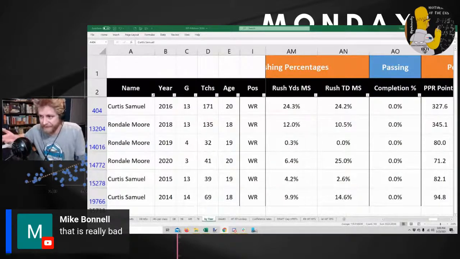It's basically a product of the volume you get, kind of, and your role, whether you're a slot or whether you're playing more deep targets. It's not ADOT, it's not yards per route run, it's not yards per team pass attempt. When tested against everything else, yards per reception actually corresponds to jack shit. In terms of production or ability of that production, or in terms of success into the NFL, yards per reception is interesting and the best insight we have into if they were playing down the field or close to the line of scrimmage.